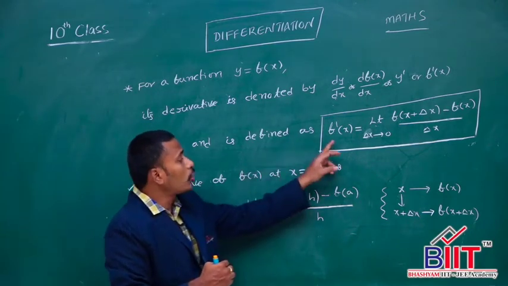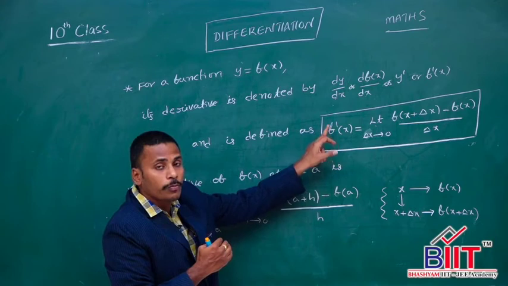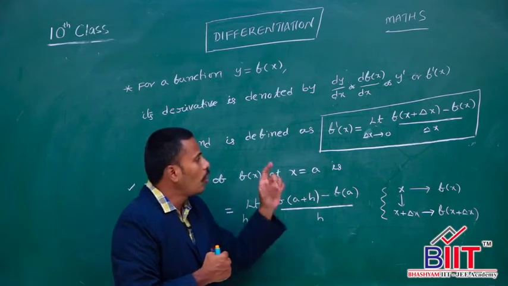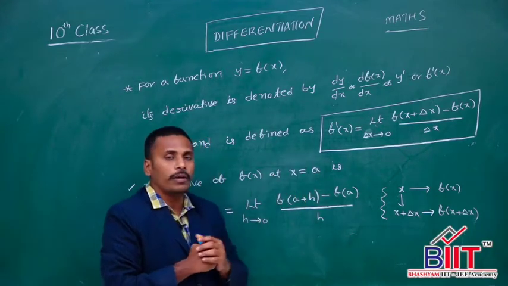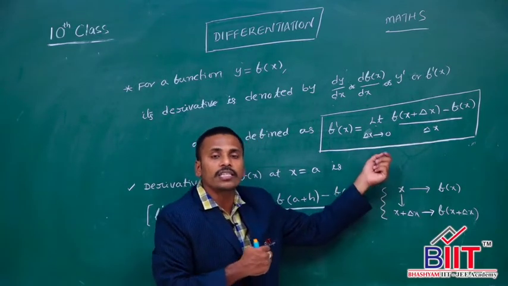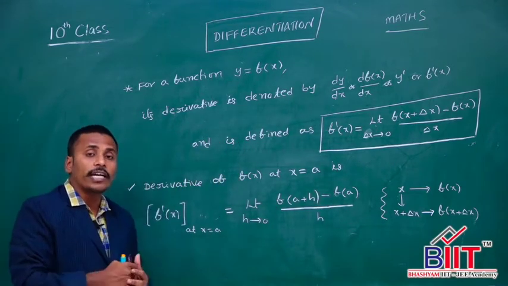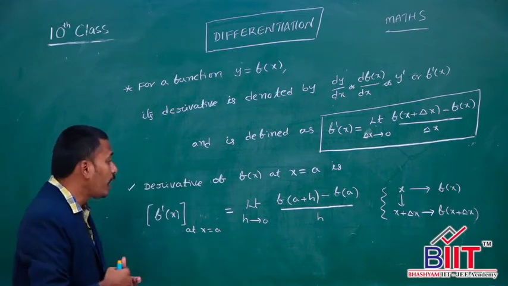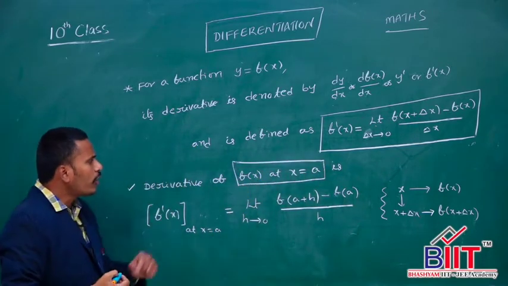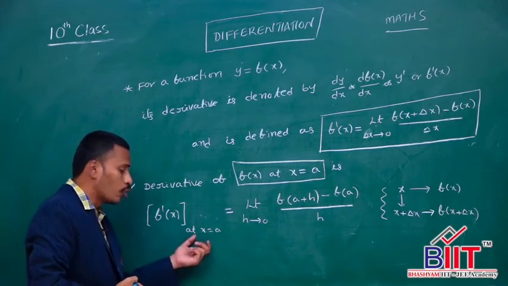And here in particular, as our topic is differentiation and derivatives, the derivative of f of x with respect to x is f dash of x and is defined as limit delta x tends to 0, f of x plus delta x minus f of x by delta x, and this particular limit value is the derivative and it represents the derivative of the function in general. And suppose in particular you wish to identify the derivative of a function at a point a, that is, the derivative of f of x at x equals a. To calculate the derivative of f of x at x equals a, we generally represent that as f dash of x at x equals a.